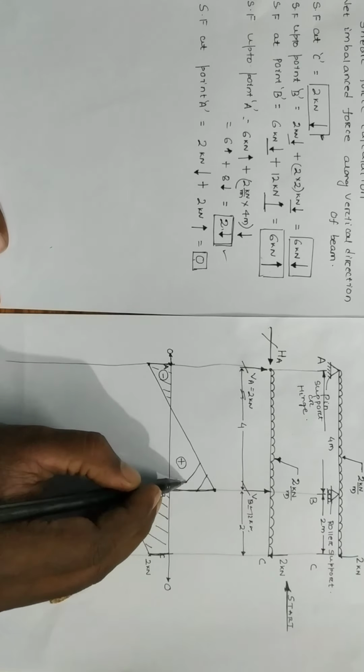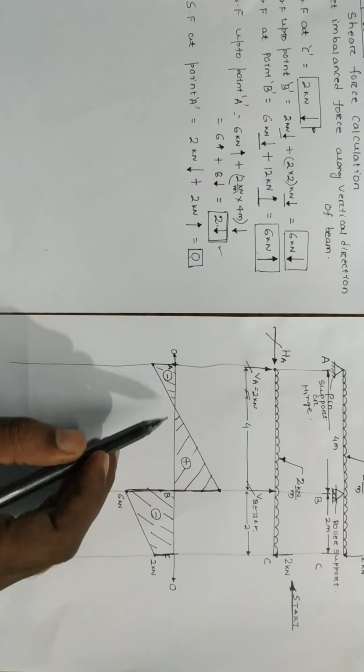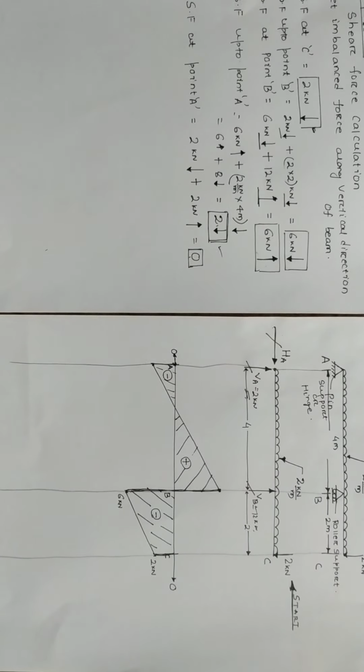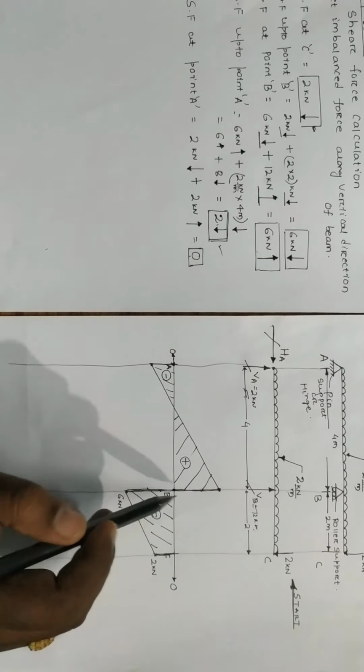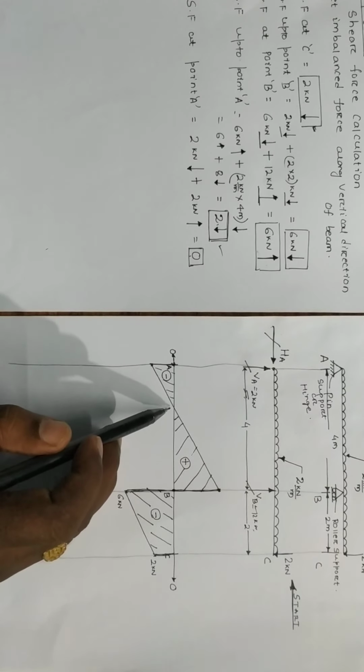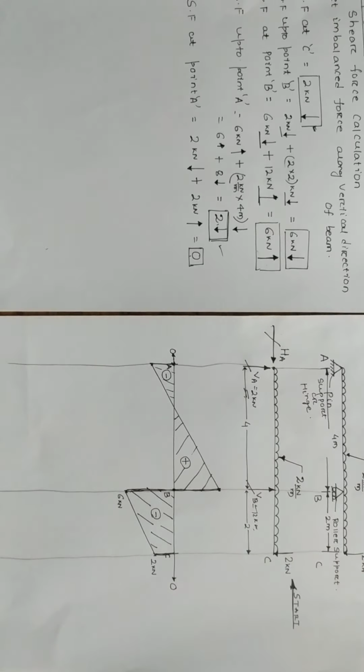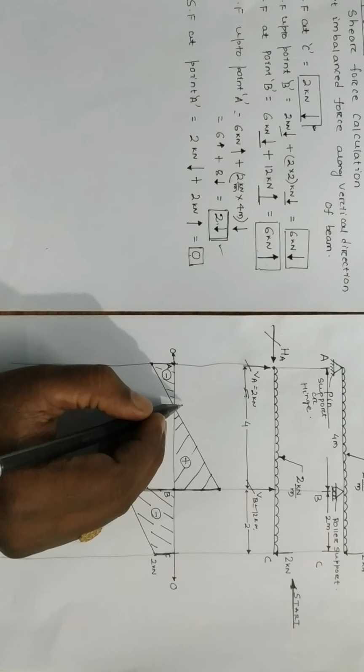One thing of importance, you can see the shear force is changing sign from positive to negative or negative to positive. Shear force is also changing sign here, but this point is identifiable at 2 meter, while this point we do not know. This is a new point we are getting between two supports, where the shear force is changing sign. Let that point be x.